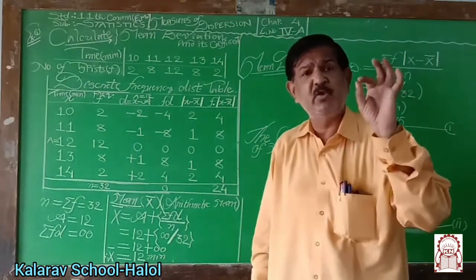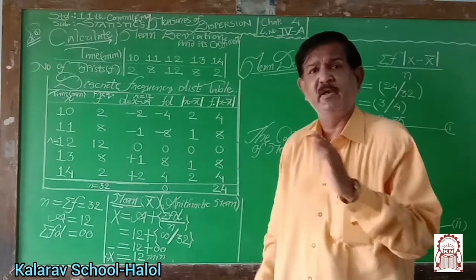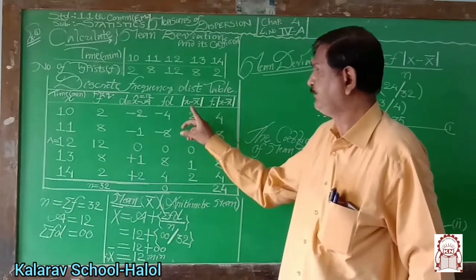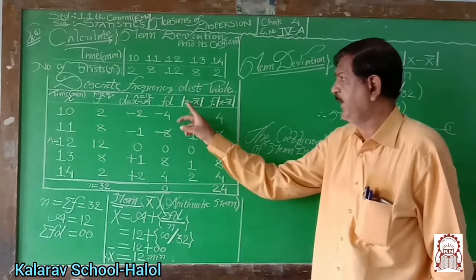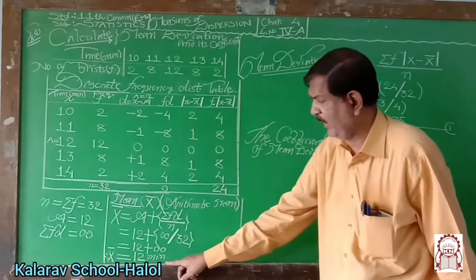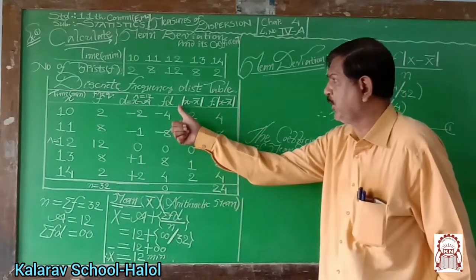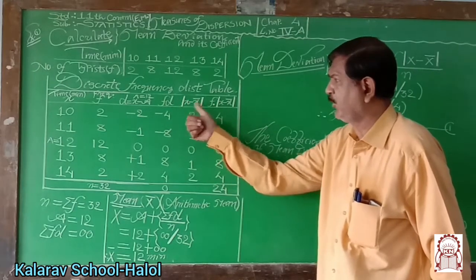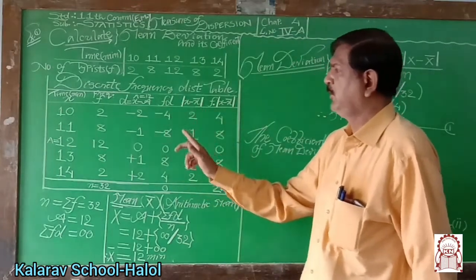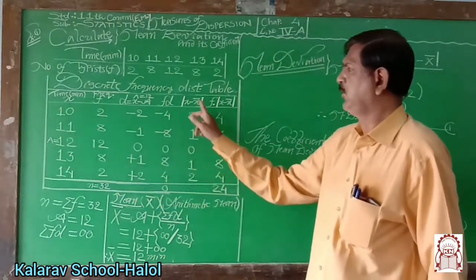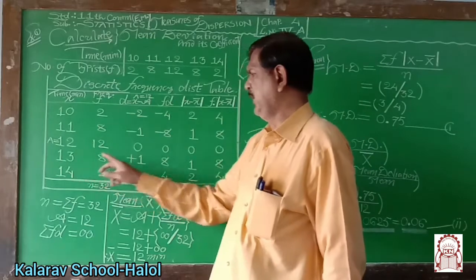Now, this measure is known as mean deviation. Mean deviation means deviation taken from the mean. Deviation means difference. But this is the absolute type, meaning modulus sign: x minus x bar. Now subtract 12 from each of the values and make it positive, because this is the modulus or absolute sign. 10 minus 12 is minus 2, but in the modulus it becomes plus 2. 11 minus 12 is minus 1, but with the modulus sign, it becomes plus 1. 12 minus 12 is 0.